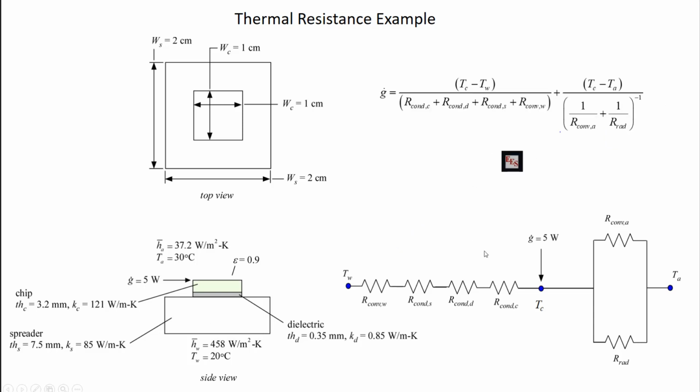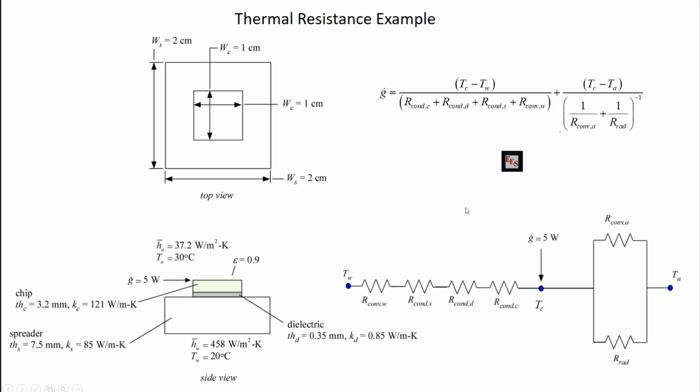So let's see how this works. This is something you should have learned in circuits. What do I have going on here? If I do an energy balance on this node right here, I have coming into it obviously the 5 watts, and then I have leaving it whatever goes from here to the water, and then whatever goes from here to the air, right? So what goes from here to the water is TC minus TW divided by the sum of